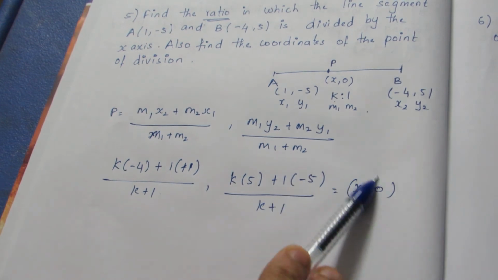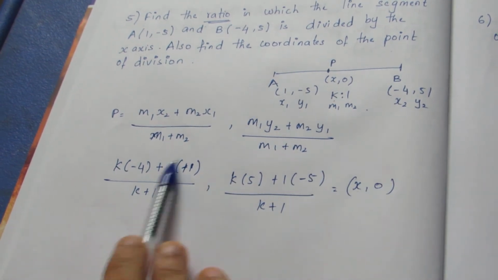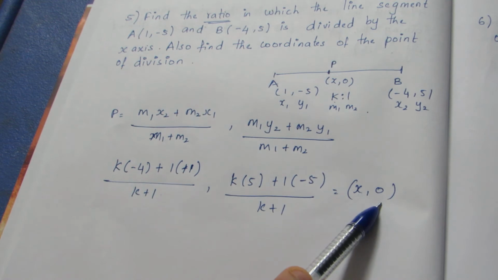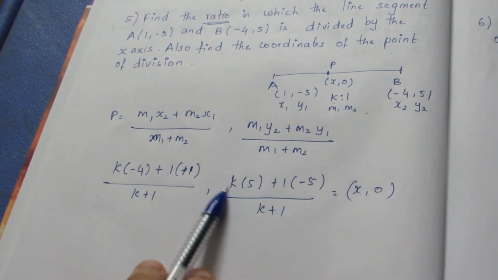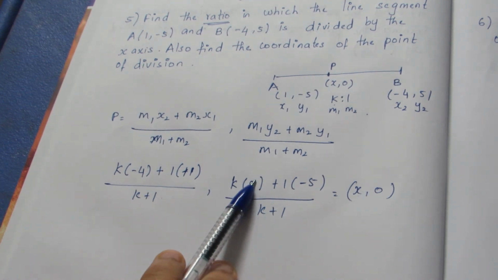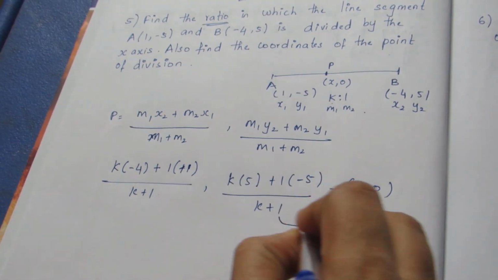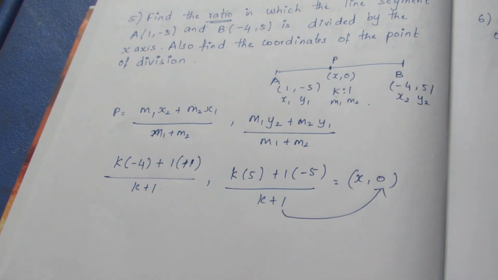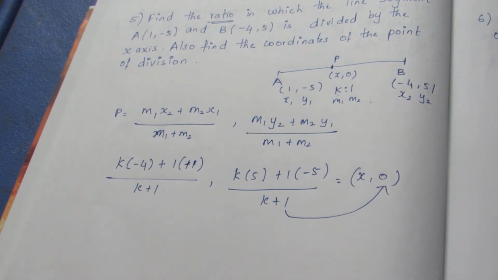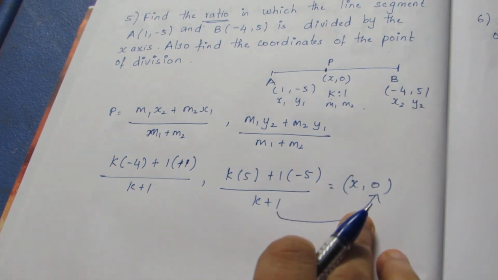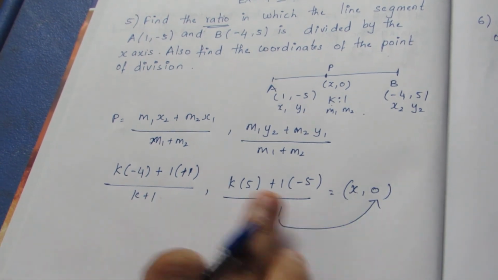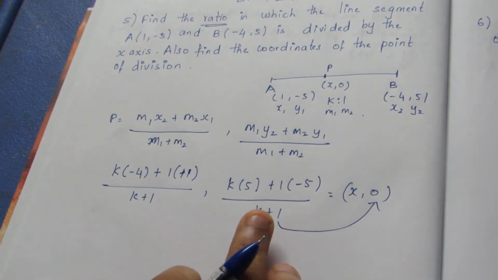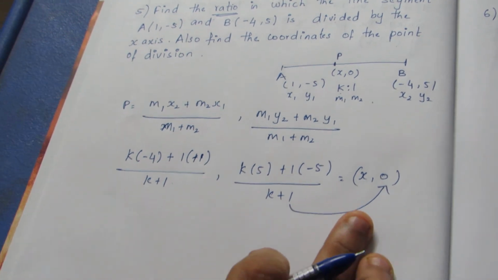Let us take the second one. If we equate the second, always the first one is equal to the first one, the second one is equal to the second one. If we equate the second one, there is only one unknown variable, which is k, so that we can easily find it out. So I'll go with the 0. Remember that if it is equal to any number or any value, we can directly equate it to find the unknown variable. If there are two unknown variables, we can't find anything.